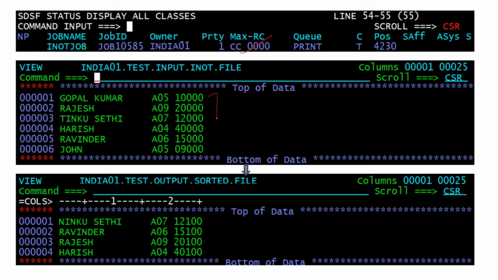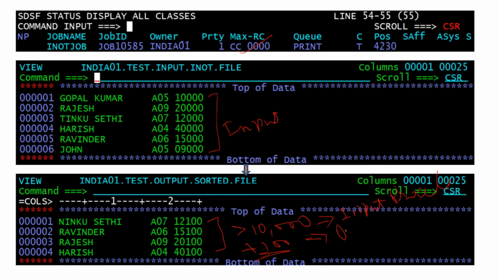And you have seen here, this is my input file, and here you will see the records whose salary is greater than 10,000, and you will see the plus 100 amount added to this salary as well, because we did the filtering in the input procedure, but we added the 100 amount in the output procedure.